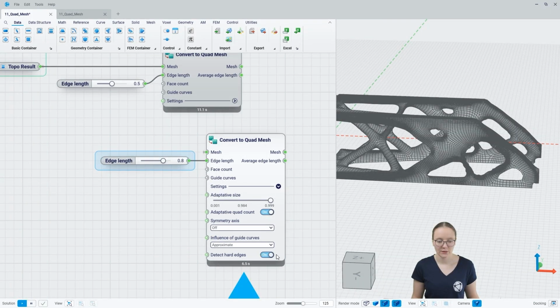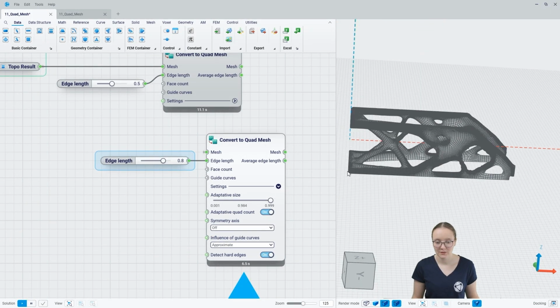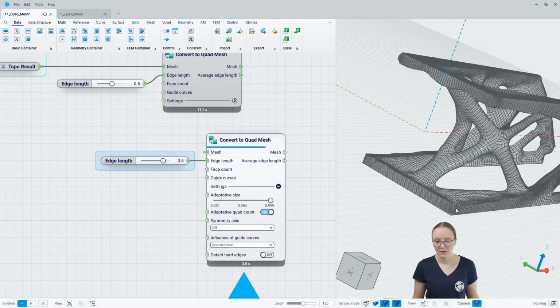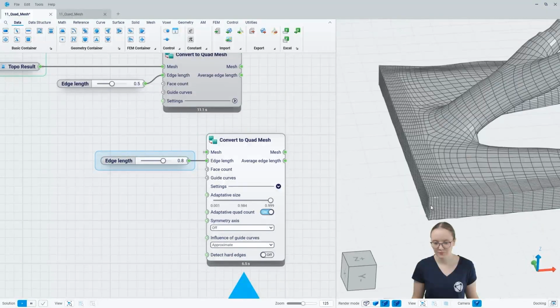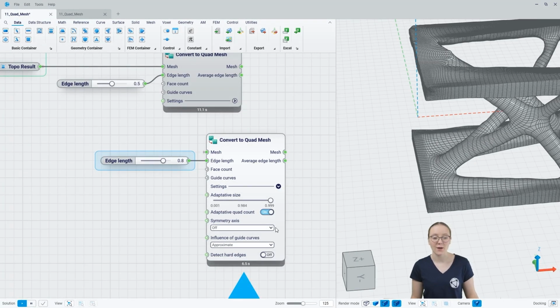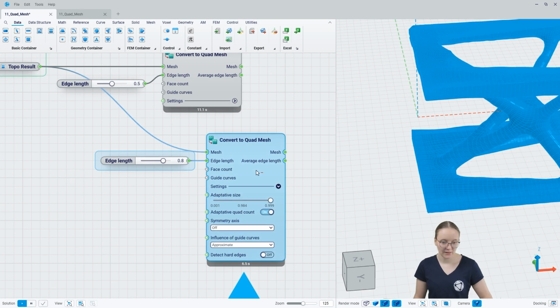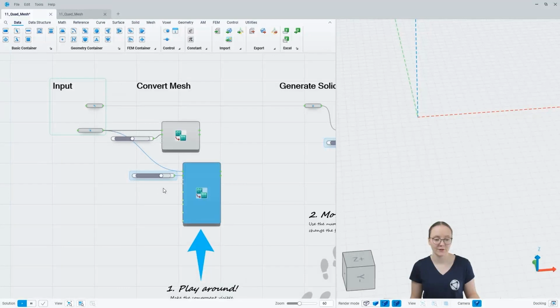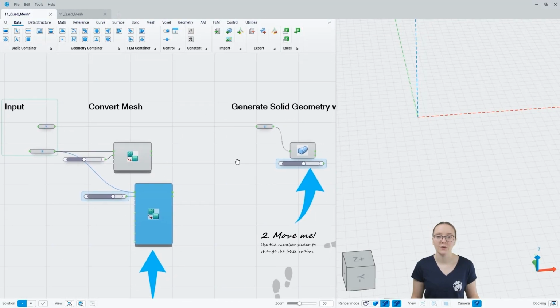And then also we currently detect the hard edges, so these are the hard edges that are detected. If we turn this input off, you can see a slight change in the result. Okay, so I will blend out this example again. You can use this to play around with the input settings and have a look at how the quad mesh